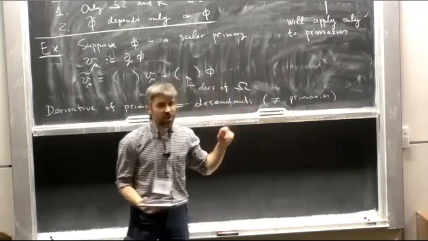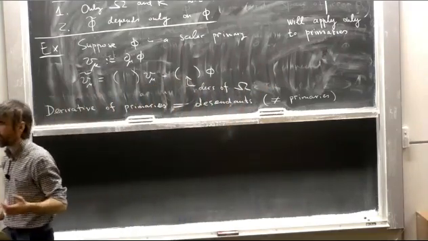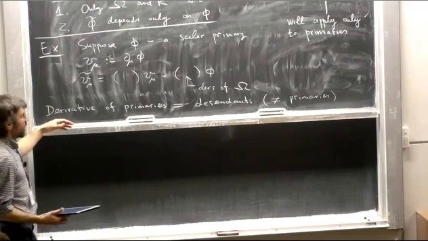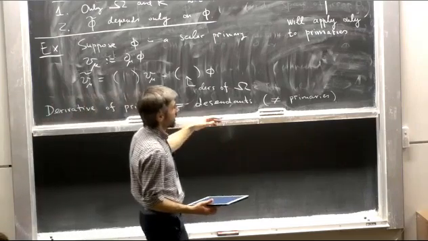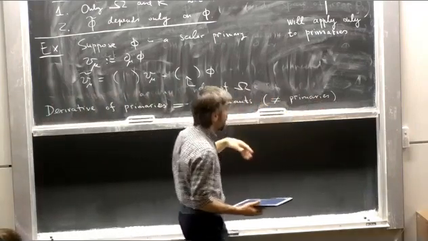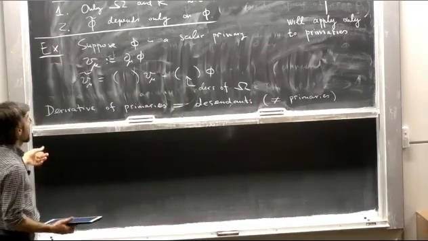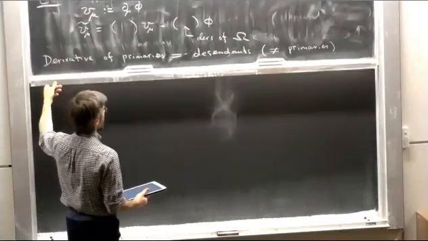Descendants by themselves are not a problem, because if a field is a descendant, it does not transform in a simple way, but who cares, because I will learn everything I need to know about descendants by studying the corresponding primaries. It would be a problem if there were a field which is neither a descendant nor a primary, but here there is a fact